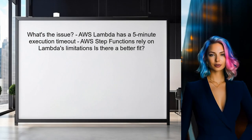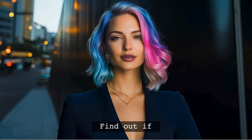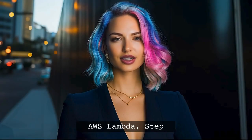So what's the issue here? AWS Lambda has a 5-minute execution timeout, which can be a deal breaker for long-running tasks. While AWS Step Functions can orchestrate tasks, they still rely on Lambda's limitations. Let's see if there's a better fit. Stick around. By the end of this video, you'll know whether AWS Lambda, Step Functions, or another service is right